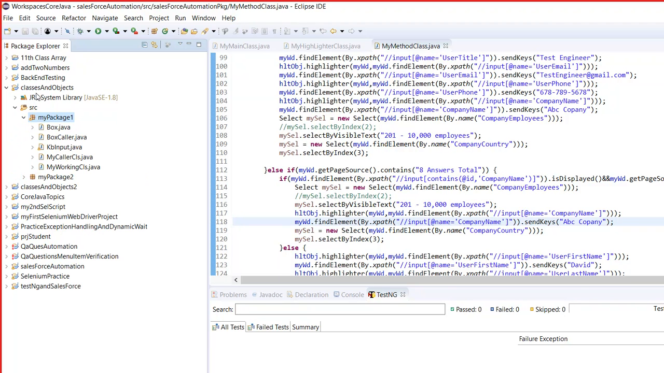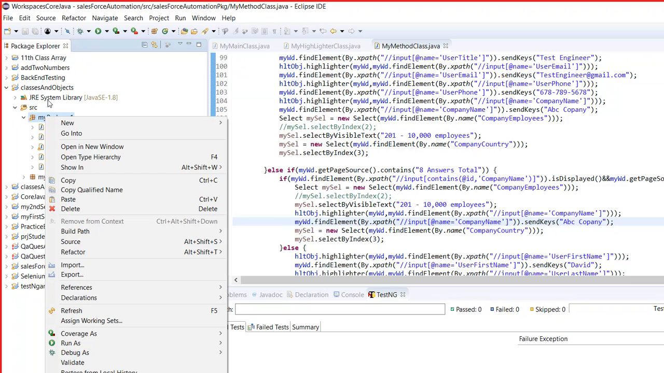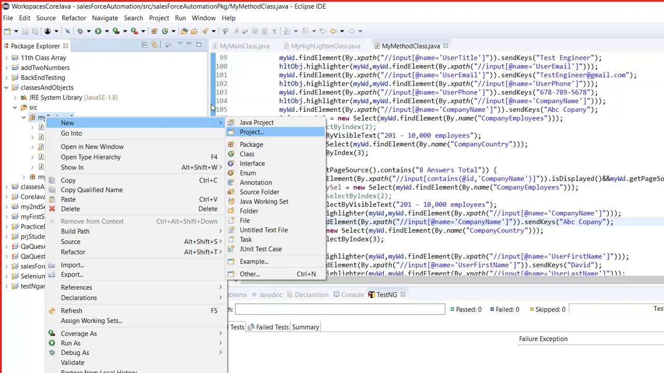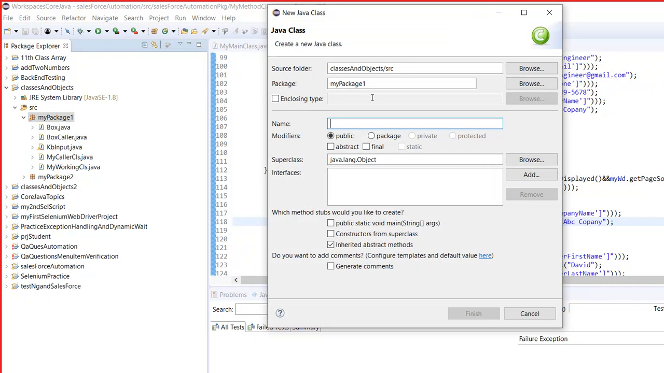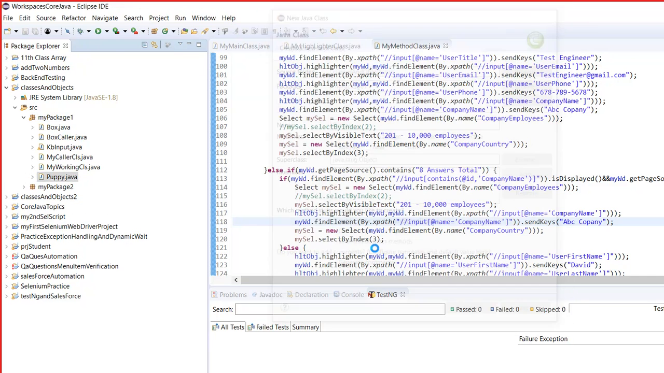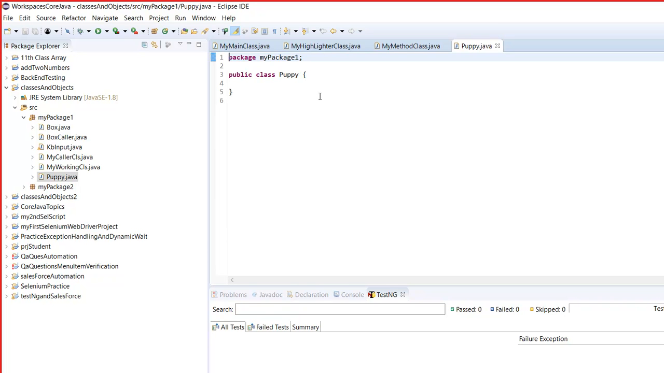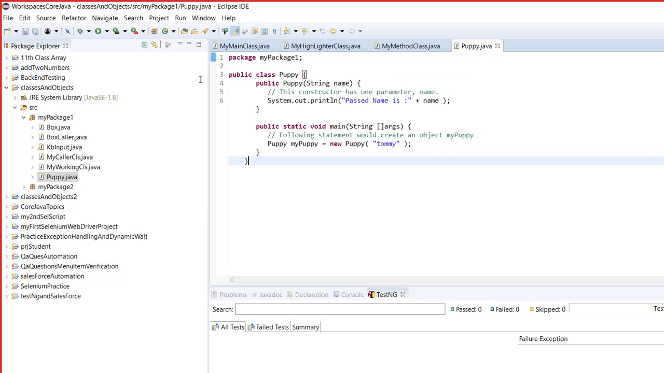I'm going to create a new Java class. I'm going to name it Puppy. Okay, and then I'm going to say finish. Now in the Puppy class, I'm going to paste the code that I have got. Okay, now, if I run this program,